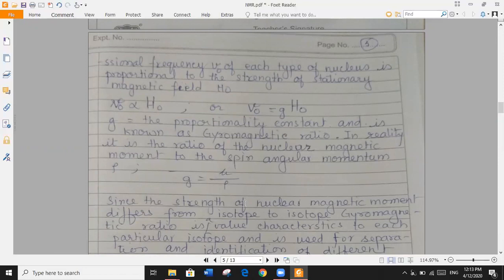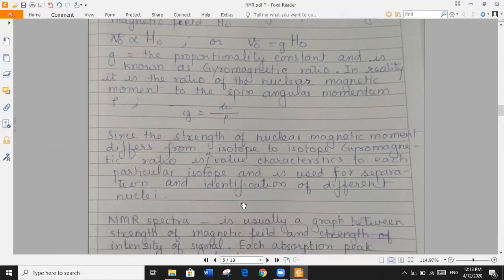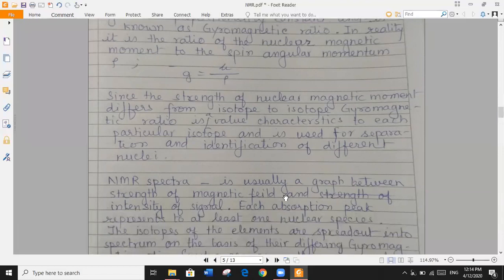Since the strength of nuclear magnetic moment differs from isotope to isotope, gyromagnetic ratio is a value characteristic to each particular isotope and is used for separation and identification of different nuclei. So this was the principle of